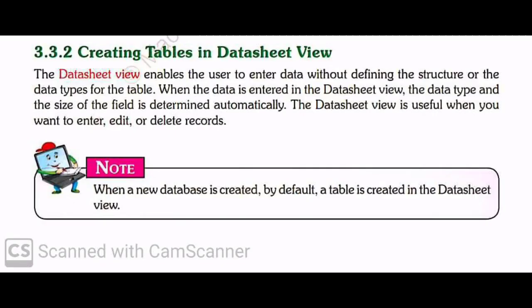The datasheet view enables the user to enter data without defining the structure or the data type for the table। डेटा शीट व्यू के अंदर हमें कोई भी स्ट्रक्चर या तो फिर डेटा टाइप हमें डिफाइन नहीं करना है। When the data is entered in the datasheet view, the data type and the size of the field is determined automatically। The datasheet view is useful when you want to enter, edit or delete records।